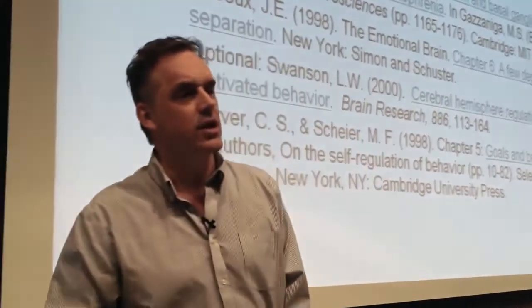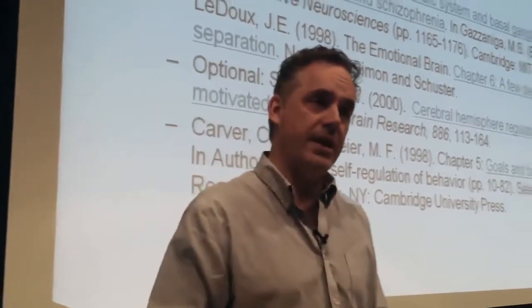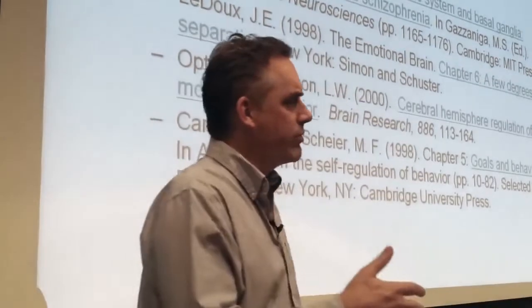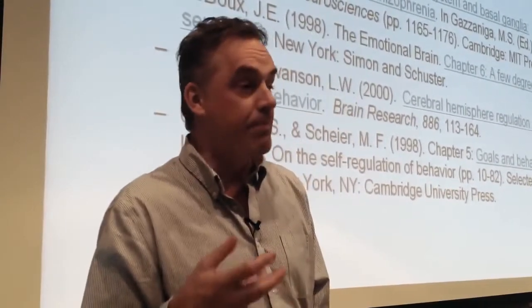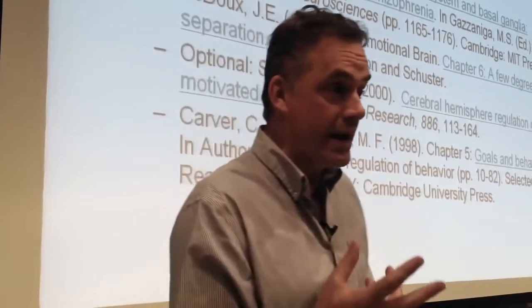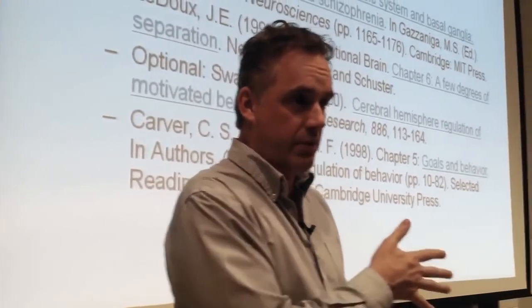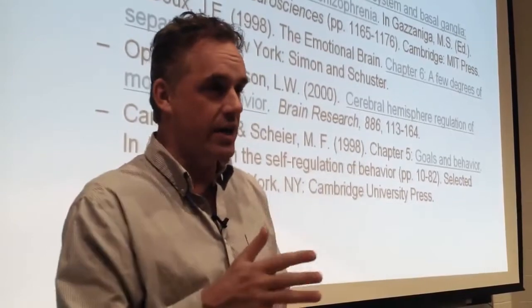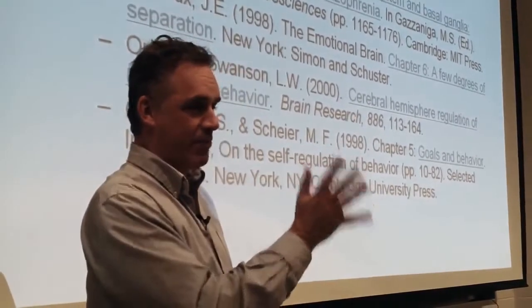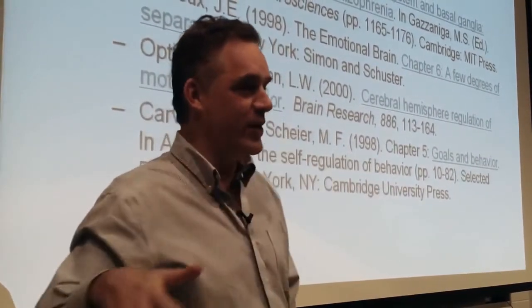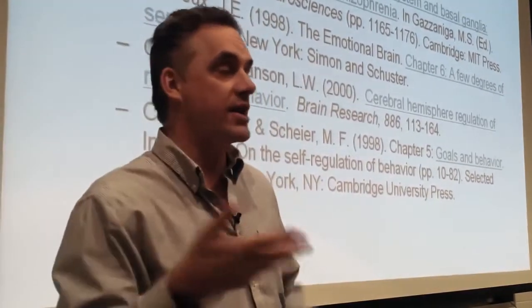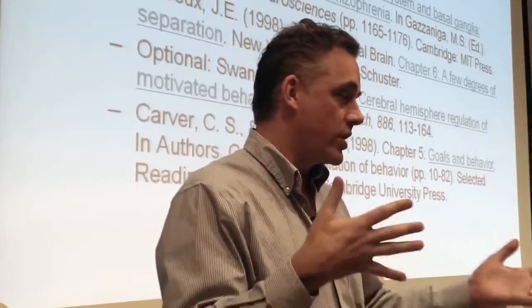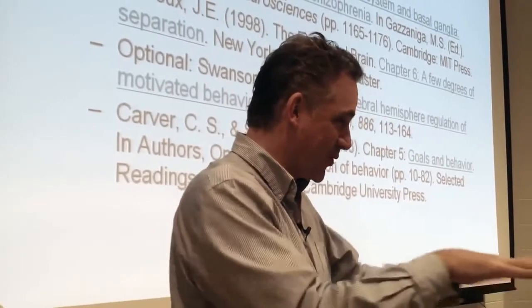Now, Swanson has put forth a very intelligent basic classification structure, and part of the reason that I think it's so relevant to a personality class is because it maps in a beautiful way onto some of the things that we've already talked about, especially Piaget. There's a nice direct mapping of Piaget's developmental theory onto Swanson's theory of neurodevelopment and then of neural function. And that's completely accidental, because Swanson never cites Piaget, so they're non-overlapping literatures.